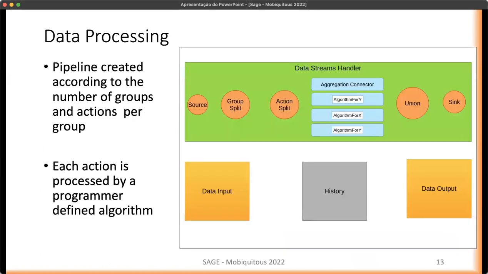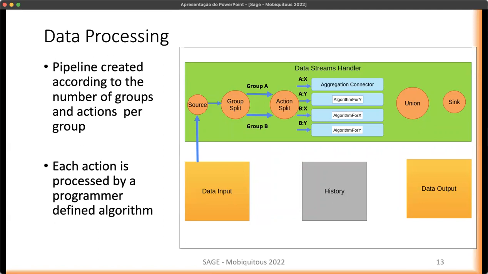Regarding the data processing handler, it receives a batch of events. It splits these events into teams, into the groups. So here, for instance, if we have two groups, it will divide into groups that will then be passed to the next stage that will divide the events of each group into the actions defined for each of those groups.